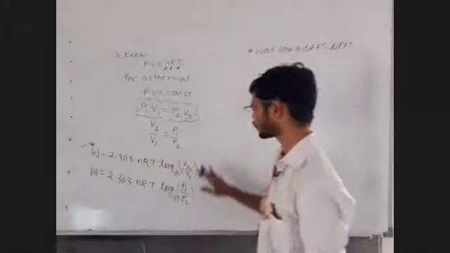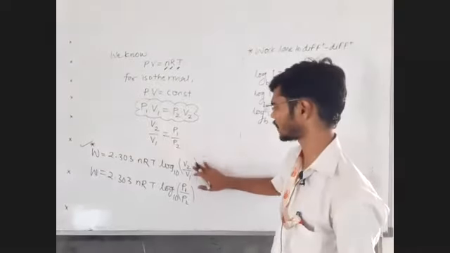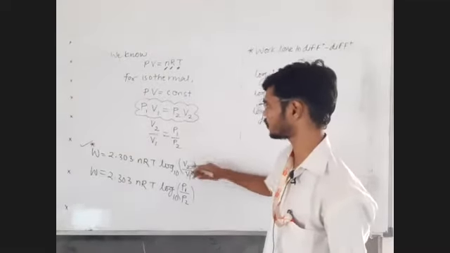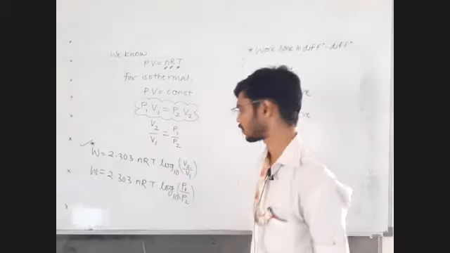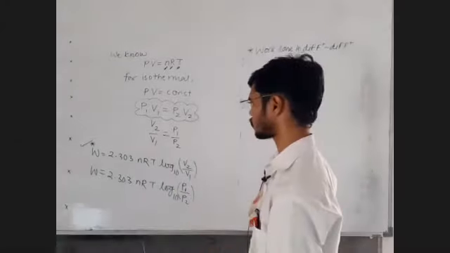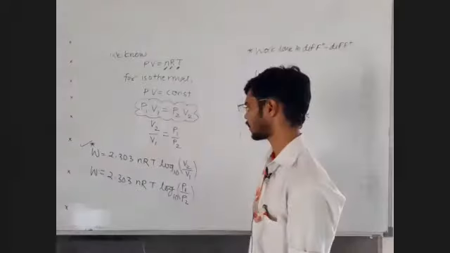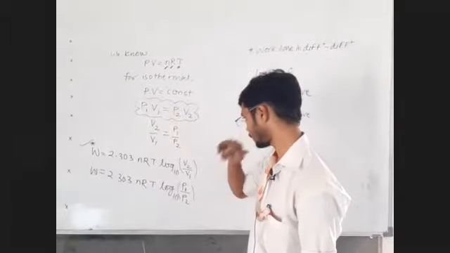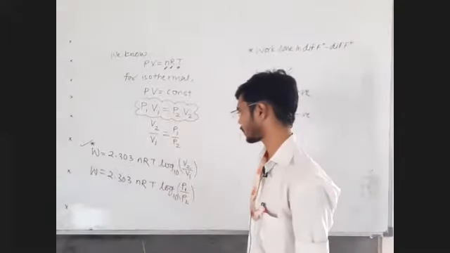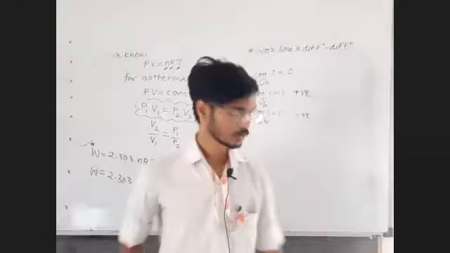We simply have to put the values of P1 and V2. Just put the values, you will get a positive or negative answer on its own. We don't have to do anything separately for work done in this formula. We don't have to worry about the sign. The care of the sign is actually being taken by the formula itself. So we don't have to worry about it.